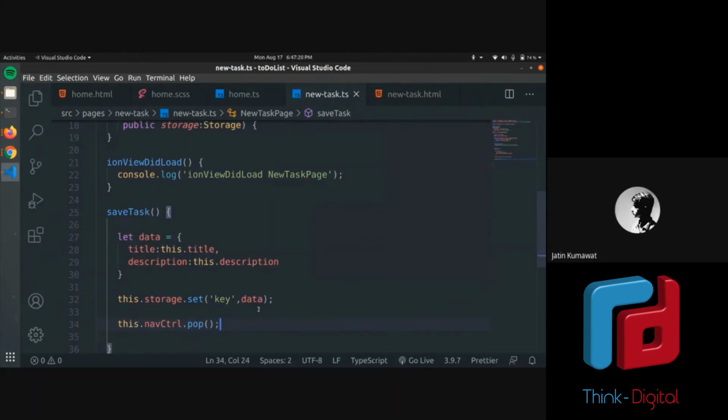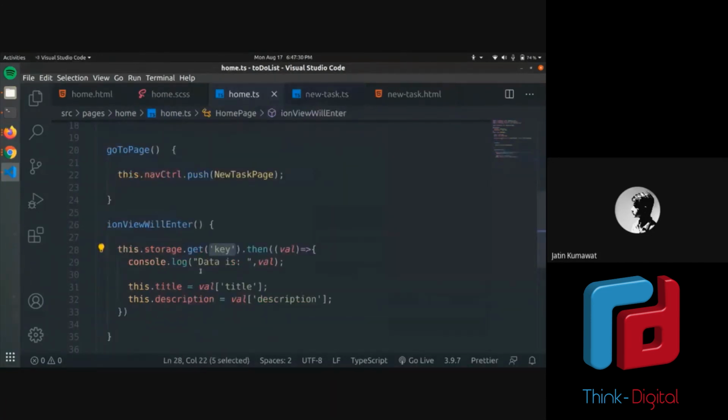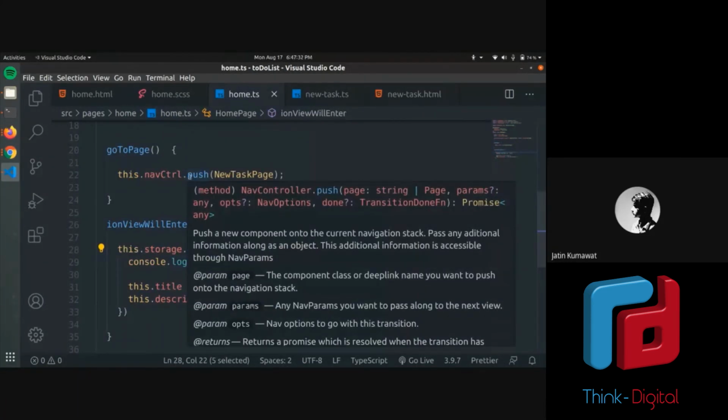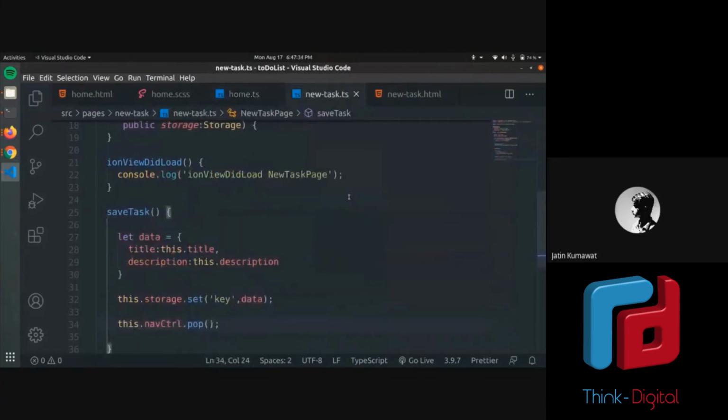In Ionic, pages are put on top of one another as soon as you navigate using the push function. So it will put a home page. If you push to the new task page, it will put the new task page on top of the home page. If you push to another page, it will put it on top of that. So if you write pop, it will pop the new task page from the stack.